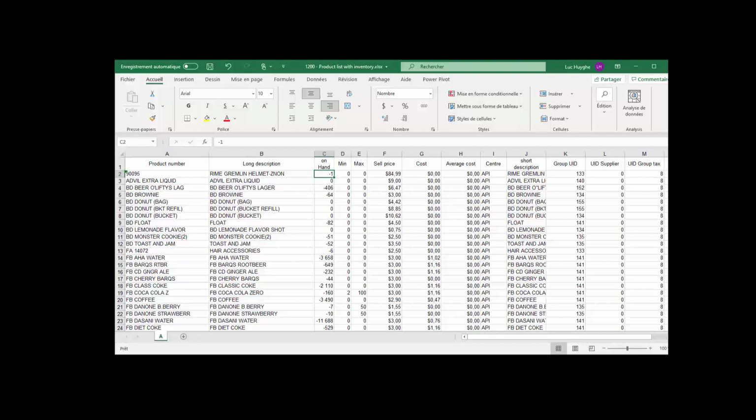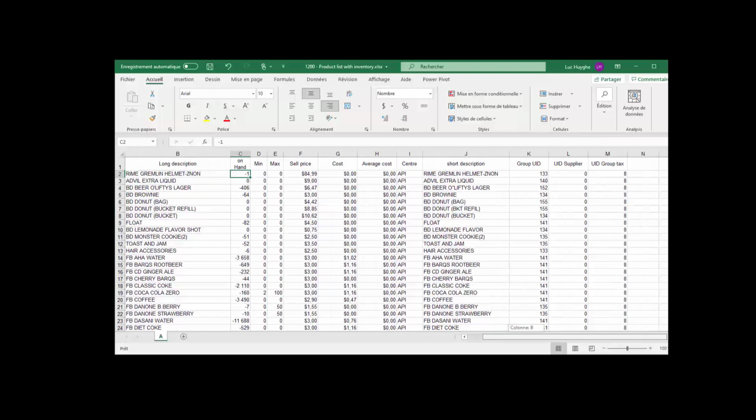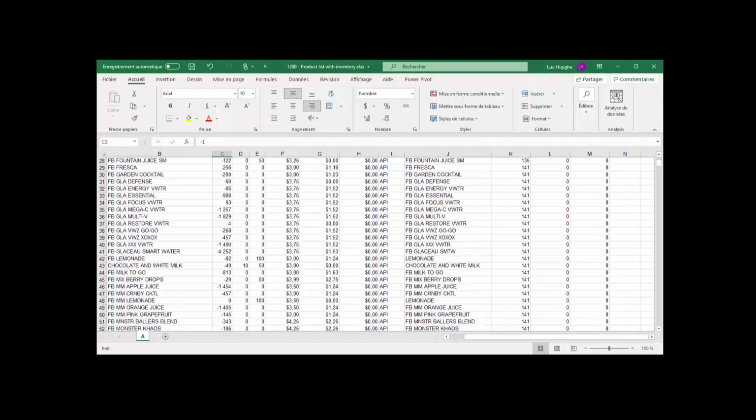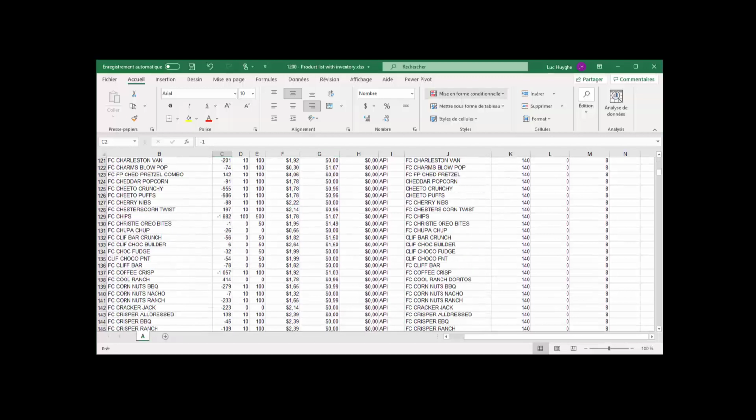You have the short description, and then you have the group ID. That comes from what is existing currently. There is no supplier defined currently in the product. Once you have adapted the on hand, so the real inventory that you have currently, then you can go back